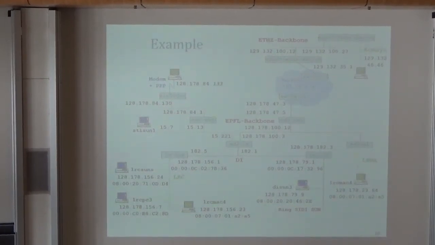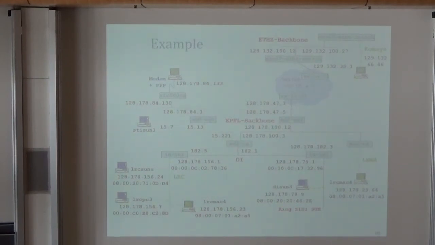All EPFL addresses have something in common. They start with 128.178. Here I'm not showing some other addresses that are 128.179, which means that the prefix that is shared by all EPFL addresses is how many bits? 16 if it would be 128.178, but since we also allow 128.179,